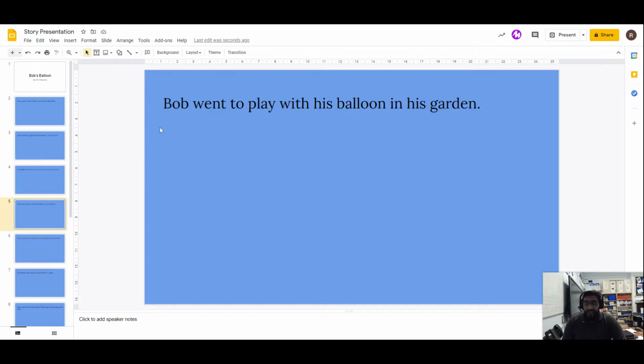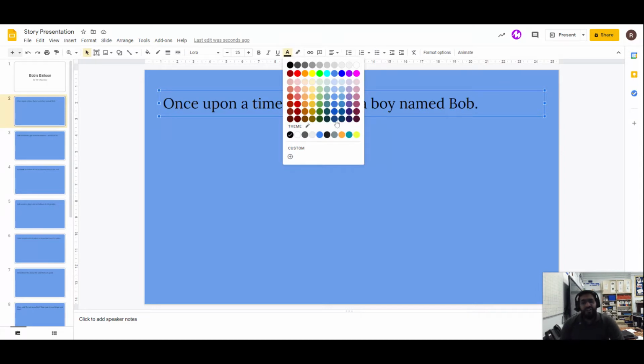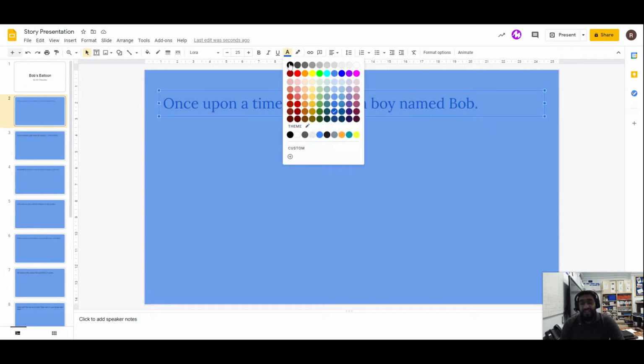Now, what we can also do is change the color of the font as well. So blue is a nice color for my background, and I've got black for my text. Let's think about which other color I can use for my font. What I would like to do is come onto this top ribbon here, and I've got this A with this small colored box underneath it. I'm going to click on that and select a new color. Shall I try dark blue? Oh, that's not very easy to read, is it? We need a color which is very different to blue so that we can make it easy to read.